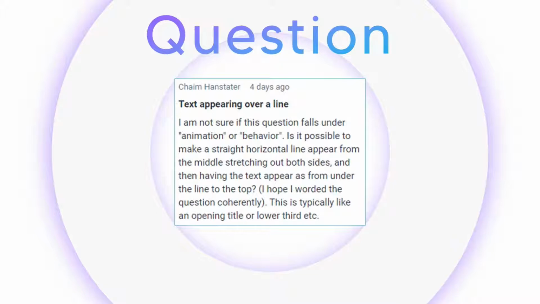Is this an animation or behavior? Is it possible to make a straight horizontal line appear from the middle, stretching out to both sides, and then having the text appear from under the line to the top? And I think Chame is male, but I don't actually know that, so forgive me if I don't get your gender correct. I mean no disrespect. So this student wants to know how to do that,